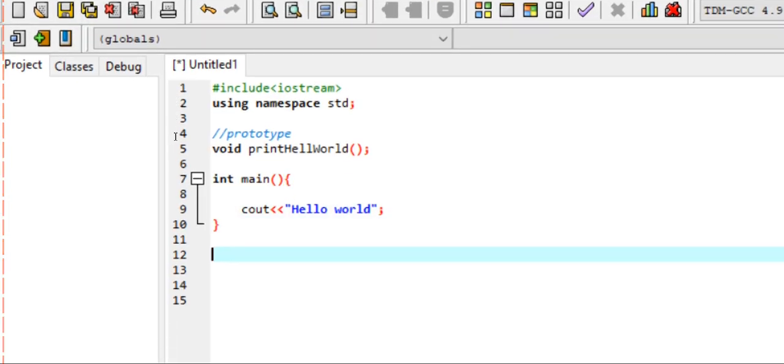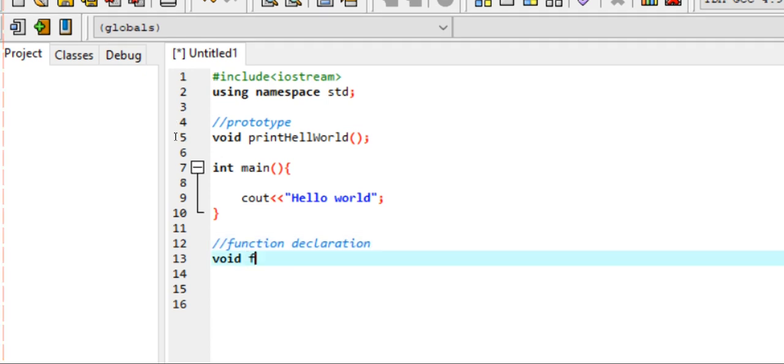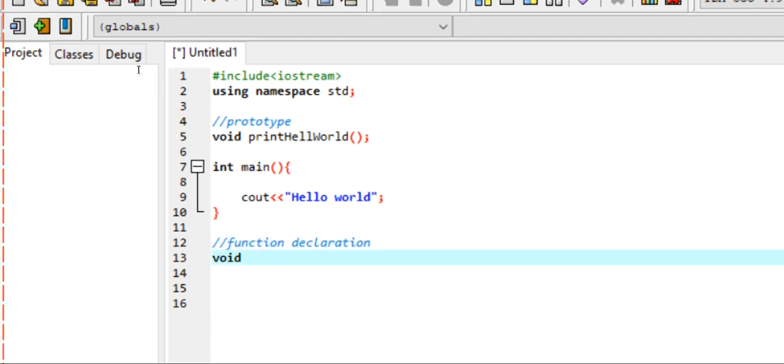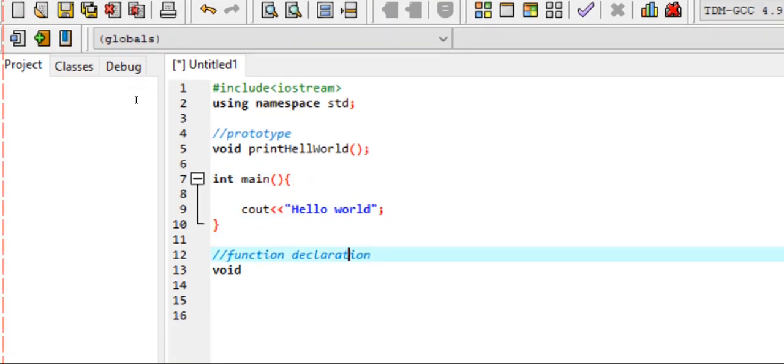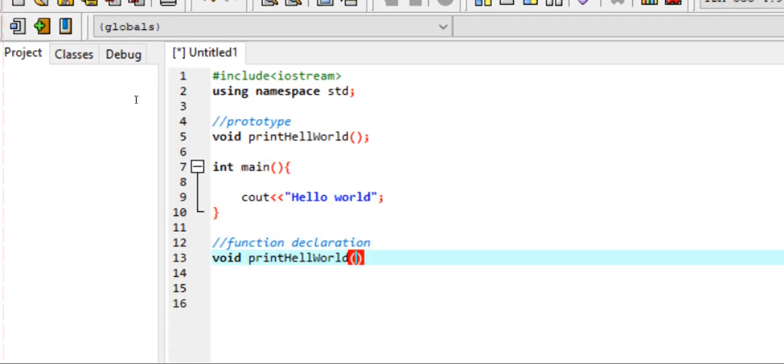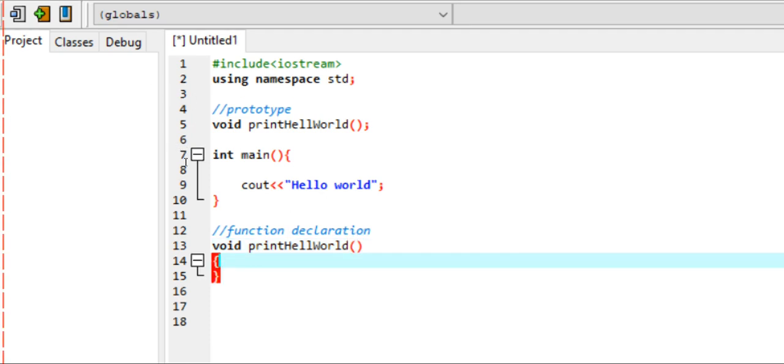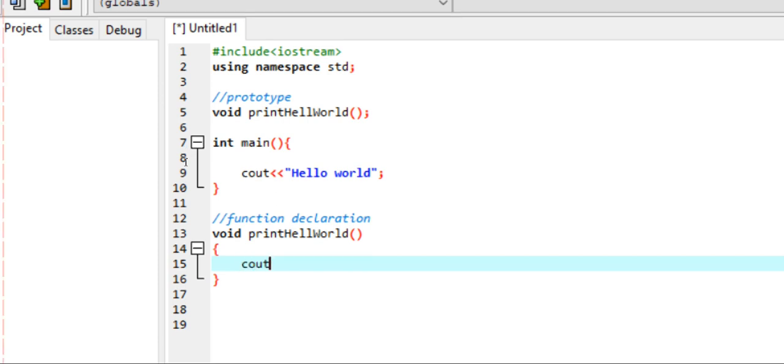So now I am going to create my function. This will be termed as function definition. Void, our name of the function is print hello world, so I'll just copy it and paste it here, and it is not going to accept anything. That's why the parameter list is empty. We do not need anything, we just need to print a message. So here I will write hello world,